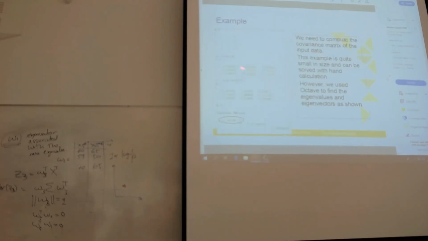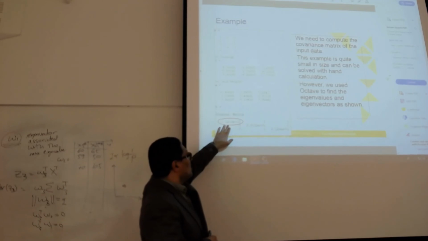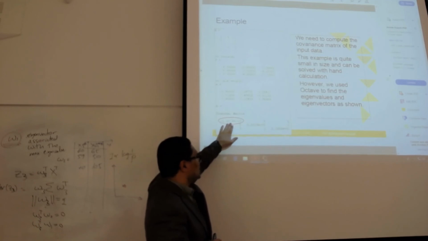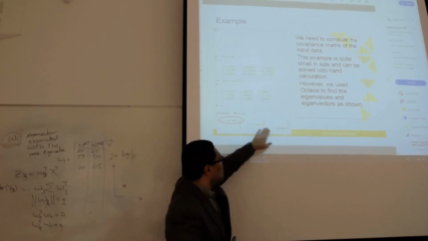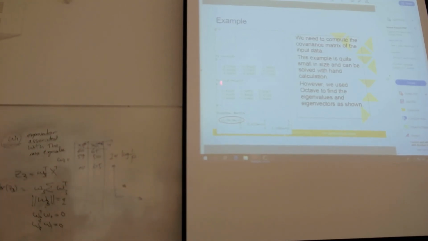Yes. So it is the same as I did in Octave here. This is our data. I wrote it as X, and then I took the covariance, which I call Y. So this is the covariance. Then we calculated the eigenvalues. When I calculate the eigenvalues, you can see that the first eigenvalue is almost 0. It is some number multiplied by 10 to the power minus 15, which means that practically it is 0. And then we have 2 large eigenvalues. So it means that we can ignore the first eigenvector and take only the second and the third eigenvector.